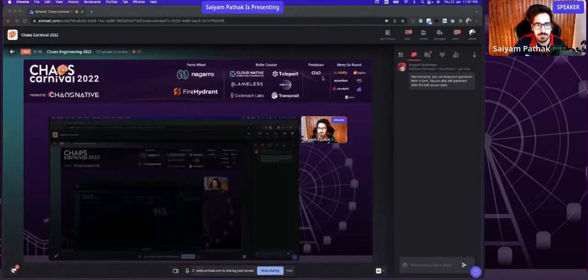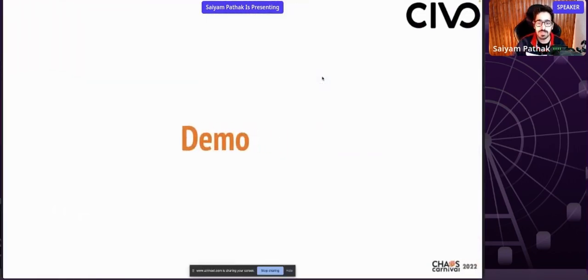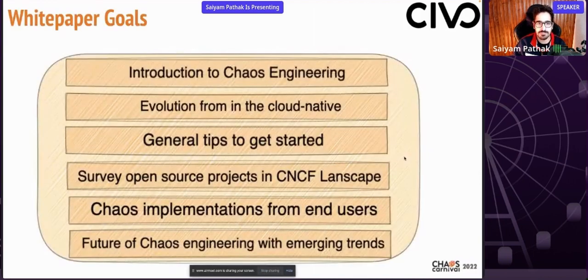So the last point that I want to make is, since everything is going cloud native, now people are coming together to create a white paper. And the focus of the white paper is the chaos engineering group, which has already written the white paper. It is not yet published. It is going through a number of iterations from various TAGs in CNCF. So it defines an introduction to chaos engineering agreed by both the parties. And the chaos engineering glossary, evolution in the cloud native landscape, which I explained to you,